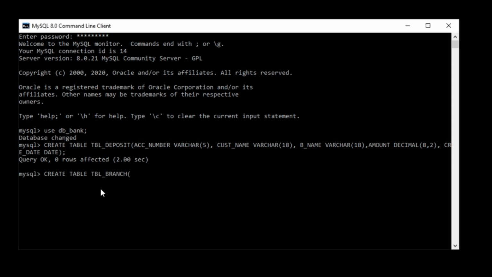The first one is branch name, varchar 18, and the second one is branch city, varchar 18. Okay, now the second table is also created. Now check the third table.